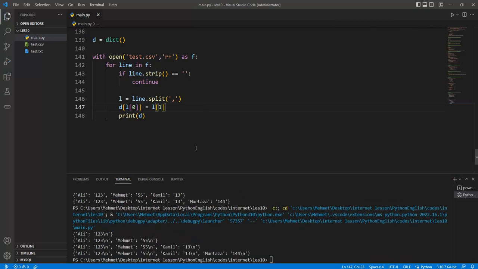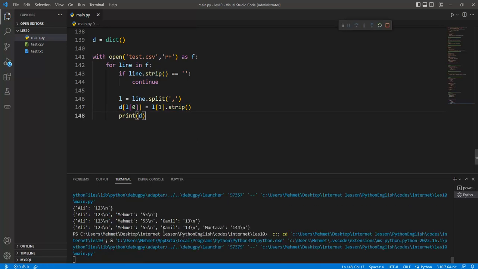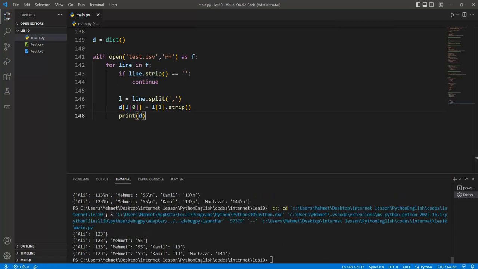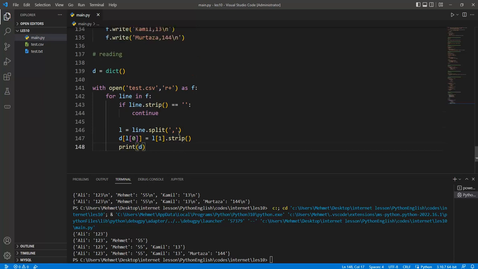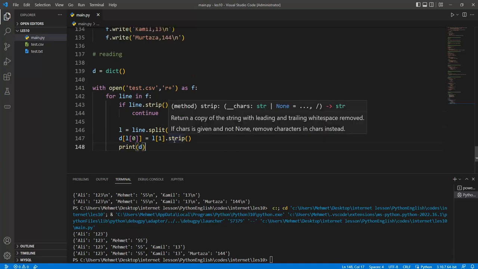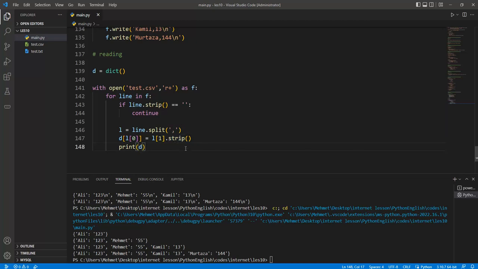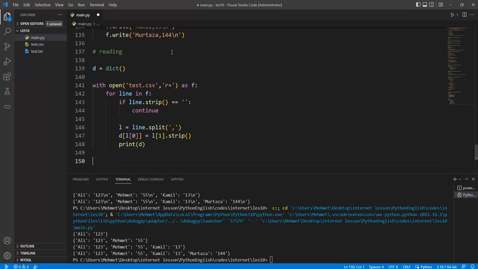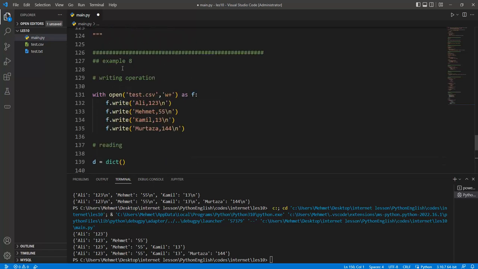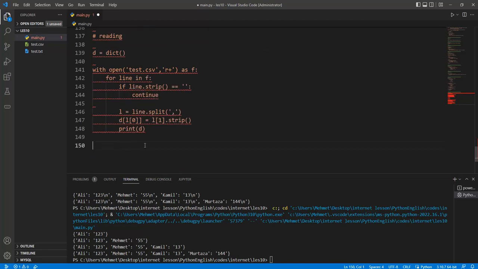And so there is nothing changed in here, but if we change the strip, this new line is terminated in here. Okay, and so this strip function, the copy of the string with leading and trailing white space removed, or in other terms the new line character, can be removed by using this strip notation. Okay, and so this is how we can write any operator in here like this one to the CSV file,